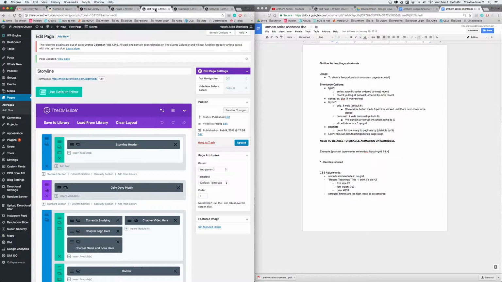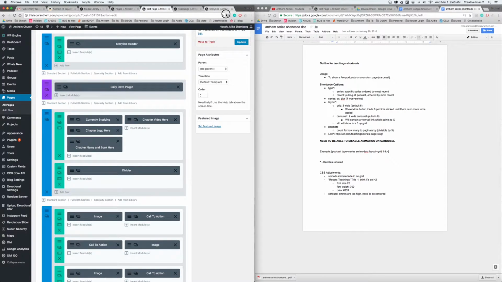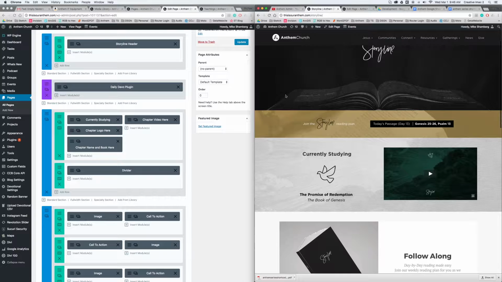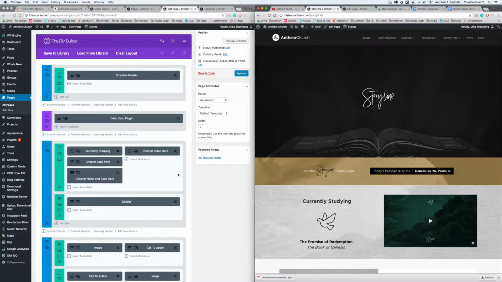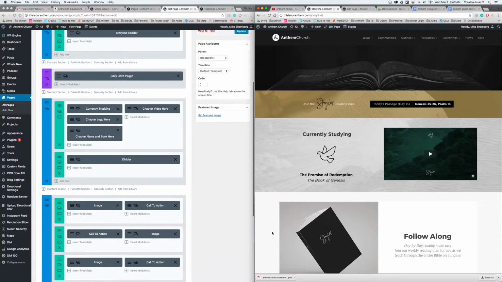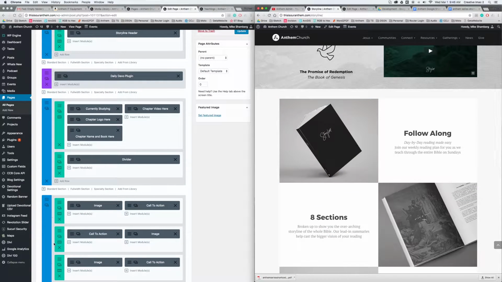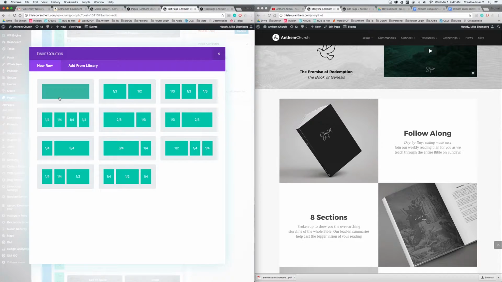So I've got the storyline page up right here, and let's drag this over. We can see we've got the storyline header, then the Daily Devo plugin right there, the "We're currently studying" chapter logo, that whole section followed by a divider, and then this is where it goes into the image section right here. So I'm thinking just right in this section. I'm going to go with a standard section, and that's going to add it right below right there,